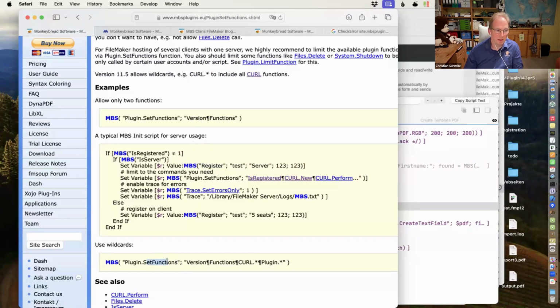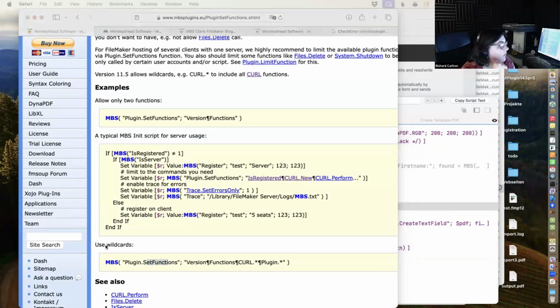So it's no longer technically possible to bring the function back once it's removed from the list, unless you restart FileMaker and then the plugin loads again. So that's something you have to do in the start script. Got it, that makes sense. That's cool. I did not know that was even a feature available.